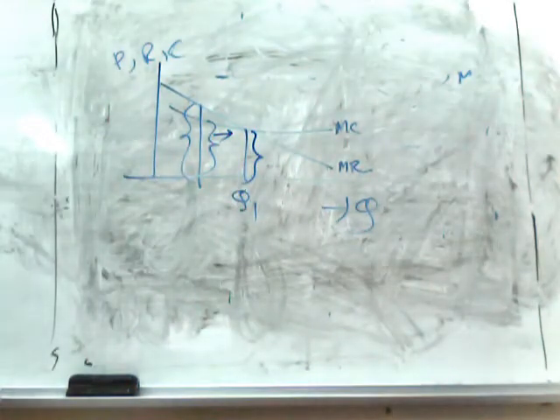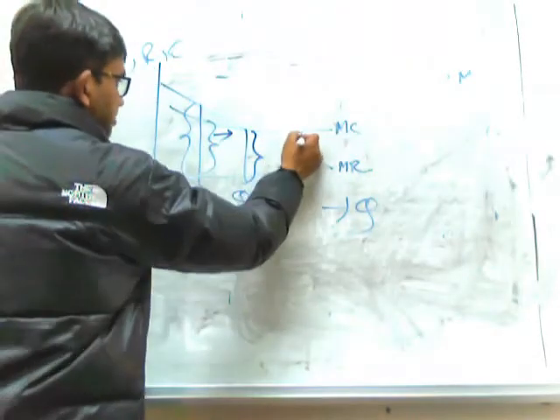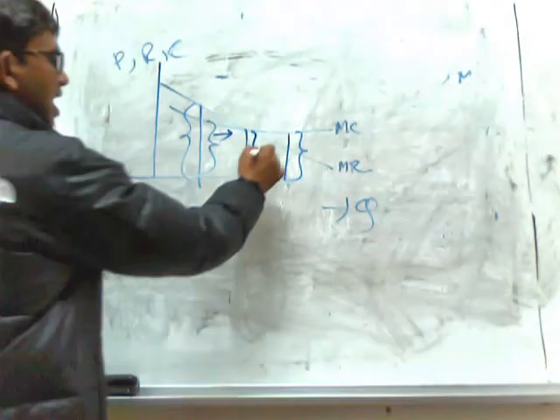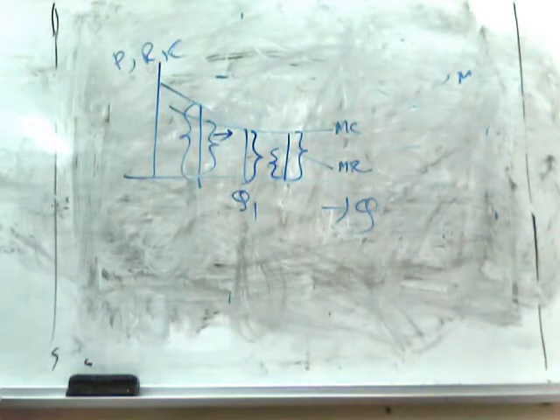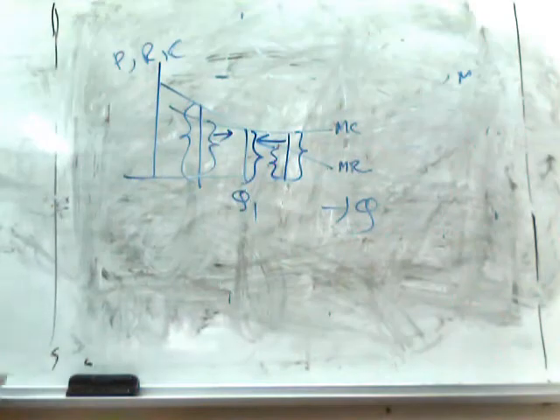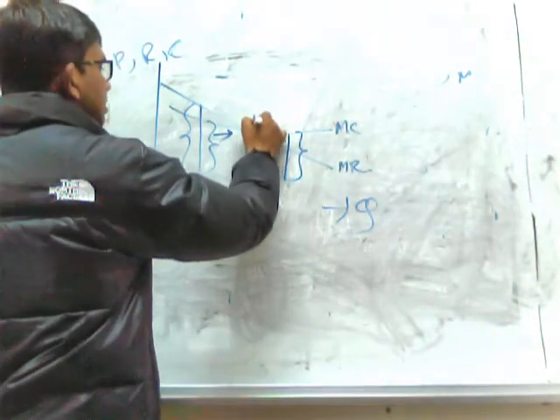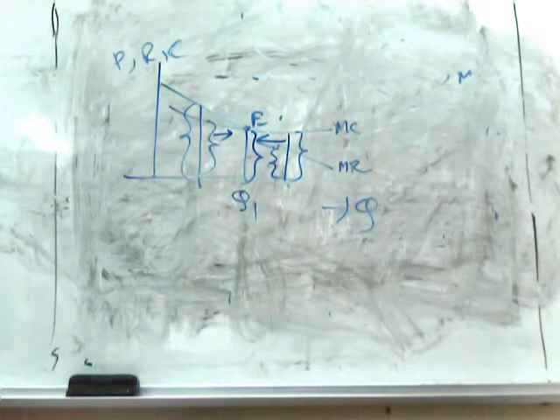Just consider the opposite case. If at the right side, what do you see? This is the additional cost of producing one more unit, and this is the additional revenue earned from one more unit. So it will be wise for the producer to reduce the output, and whenever we reach this point E, all adjustment will stop. So this is the stability of the equilibrium.